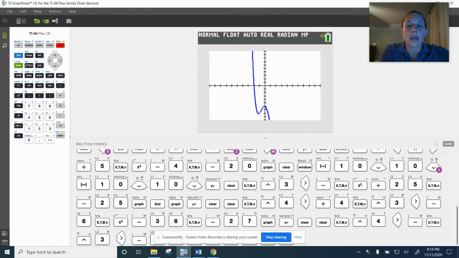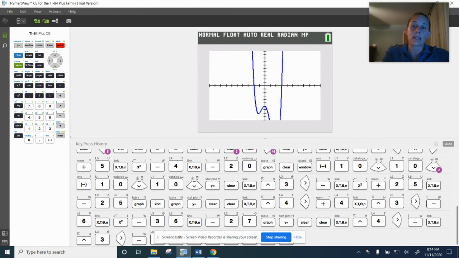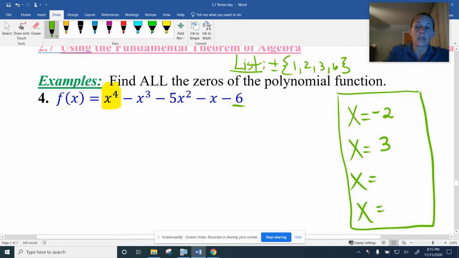Now we'll notice this time that in 2 locations, it does cross through at the -2 and the +3. However, we can't see any more x-intercepts, but you see how there's this other little curve here? That tells me that the other 2 solutions are imaginary. So I'm going to simply divide out the -2 and the 3 and then solve the remaining equation to get